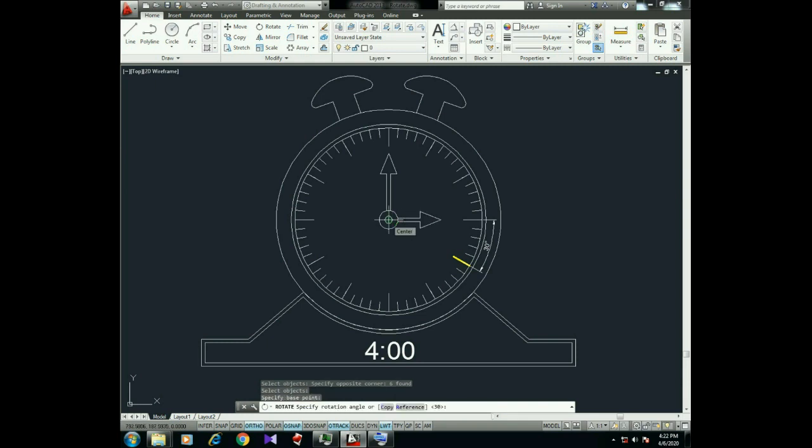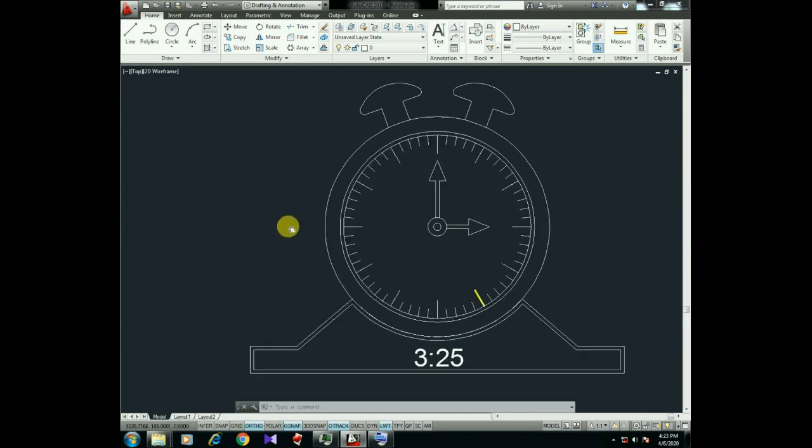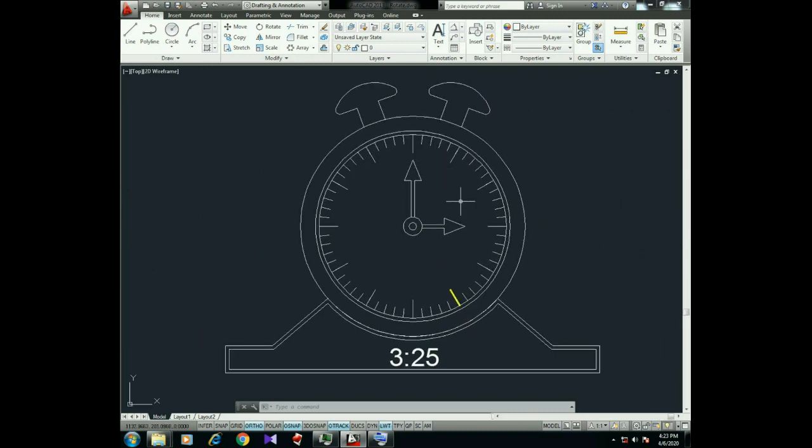I'm going to give 30°, but in clockwise direction. To achieve clockwise direction, give minus, then type 30 and enter. With minus it can be rotated in clockwise direction. Without minus it can be rotated in counterclockwise direction. In these both cases we know the angle difference, where in this example we don't know the angle difference.